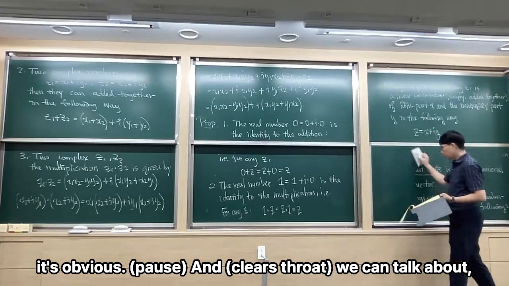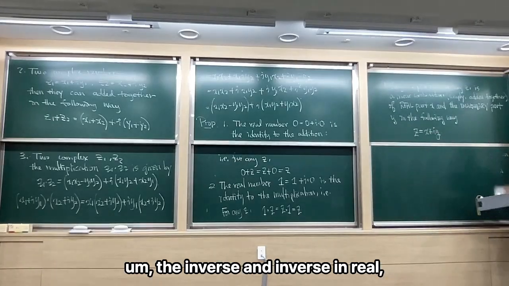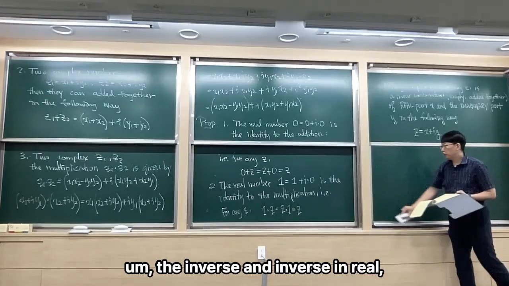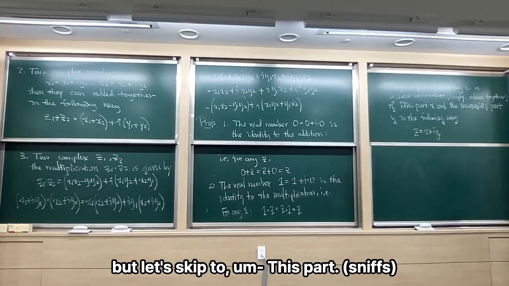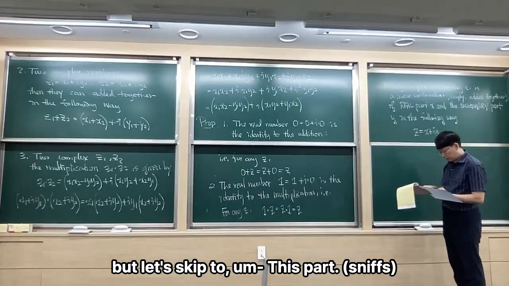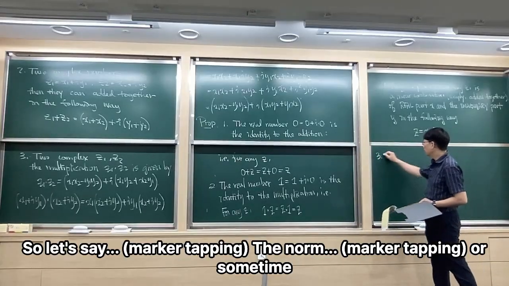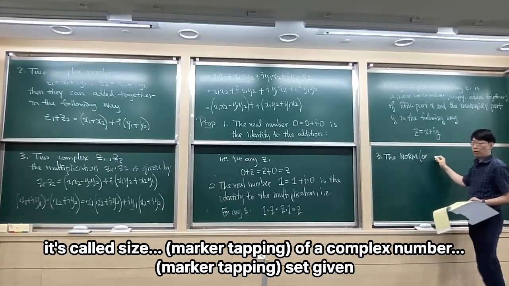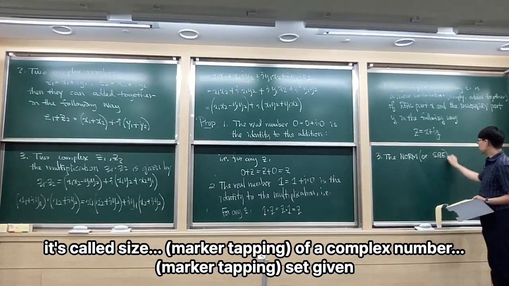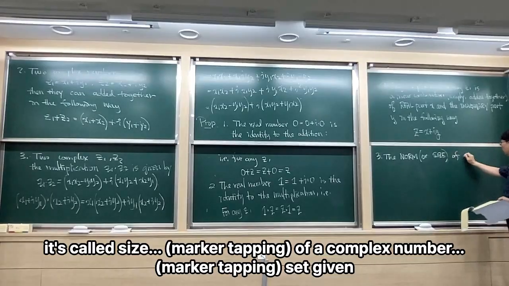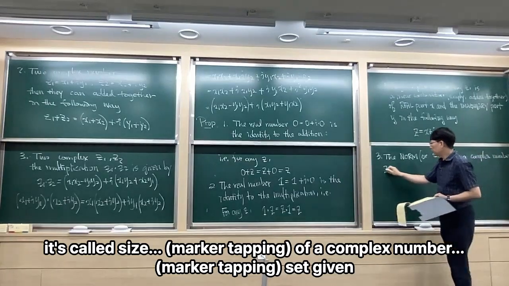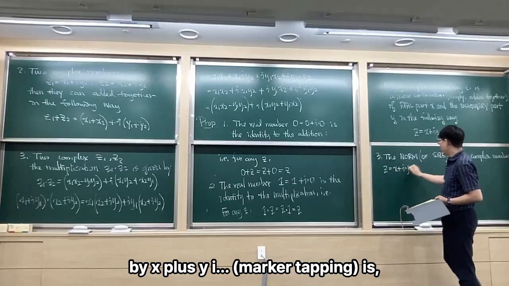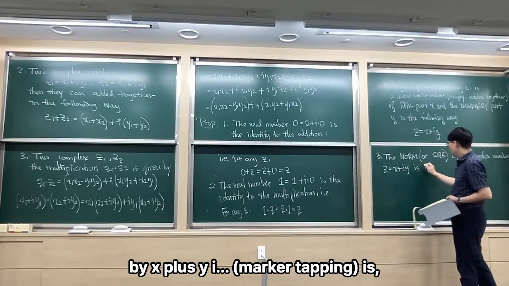And we can talk about the inverse in real addition and inverse in multiplication, but let's skip to this part. So let's say the norm, or sometimes it's called size, of a complex number z given by x plus yi is